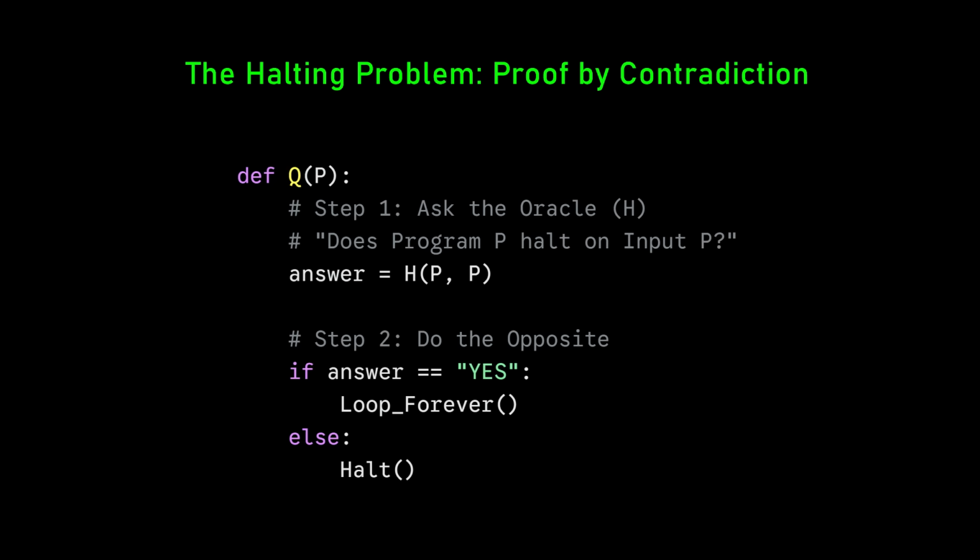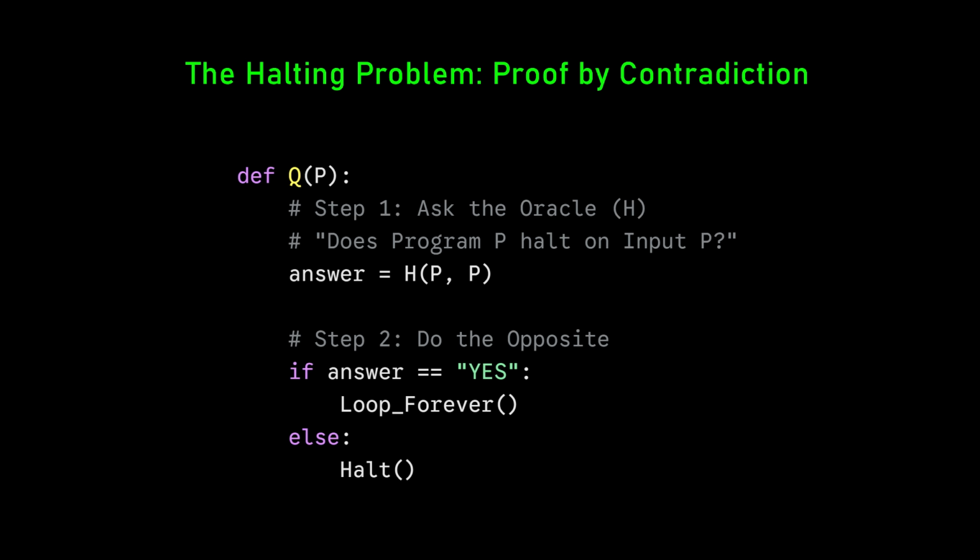Now let me describe. I'm going to use that procedure as a subroutine in the following process. My process, let's call it Q, process Q, takes as input a program P. The first thing it does is ask that subroutine, hey, would P halt if I ran it on P itself? That's the diagonal part because we're applying P to P, right?